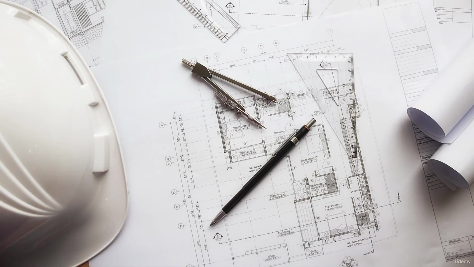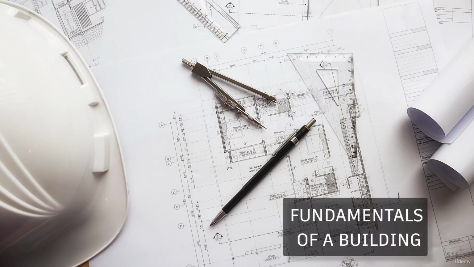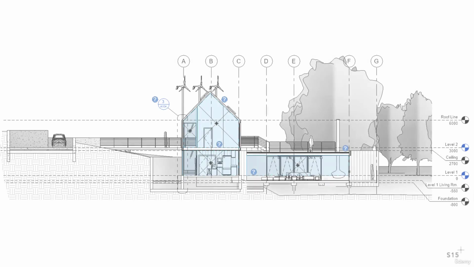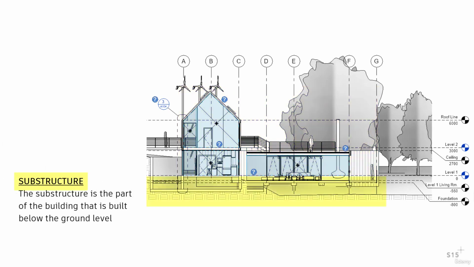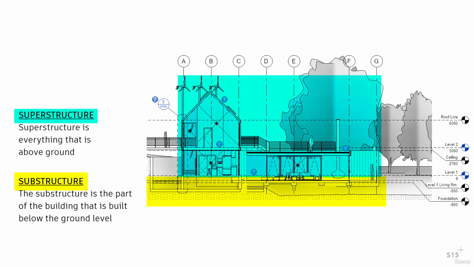To understand why we carry out certain tasks within Revit, it is important that you understand the fundamentals of a building. This is a huge topic, so I'll briefly cover the main areas. Generally, a building has two major components, the substructure and the superstructure. The substructure is part of the building that is built below the ground levels, whereas the superstructure is everything else